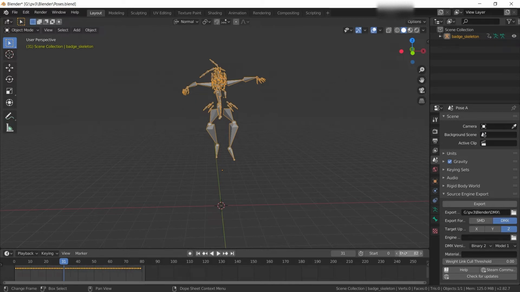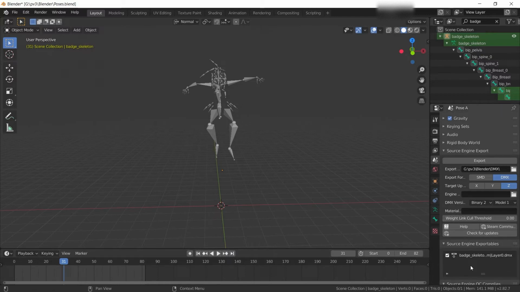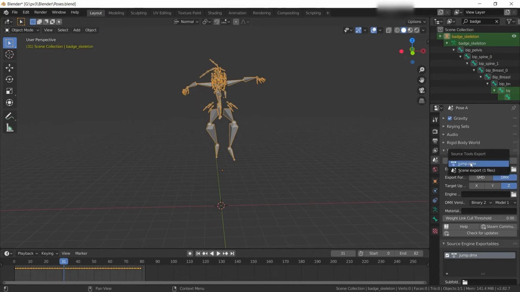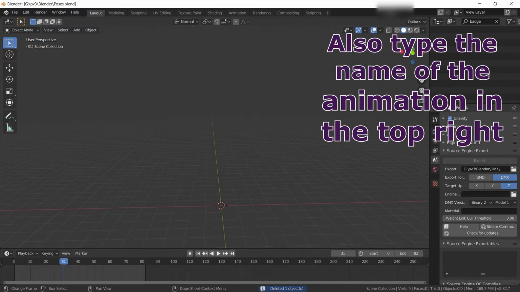In the collection view in the top right, you should also open the skeleton and then click on the drop-down button beside the squiggly arrow and then rename the object that is in there. That way, the file will be named after whatever you change it to once you've exported it. Now, all that is left to do is click the Export button in the Source Export tab on the bottom right. But I would also suggest deleting the skeleton model that you have in the scene,